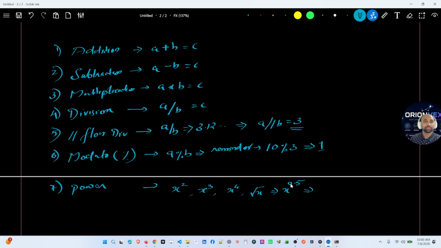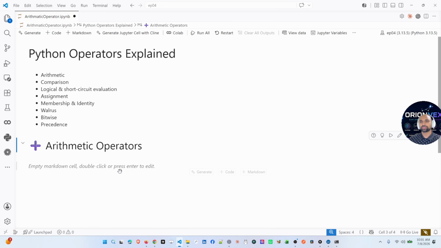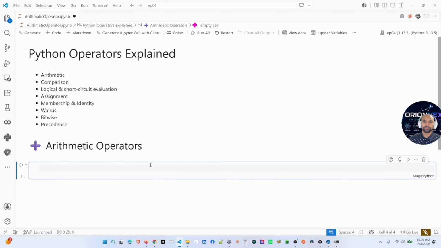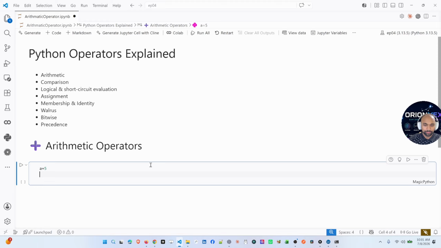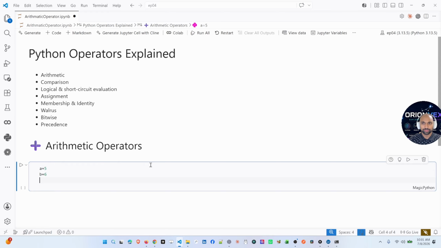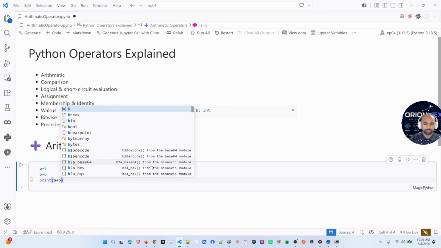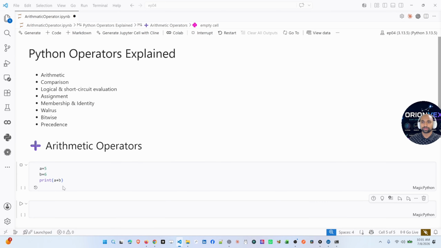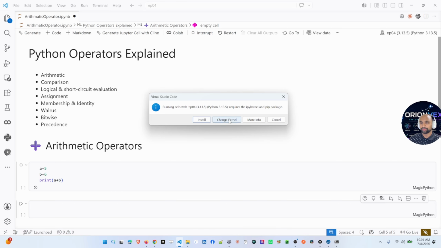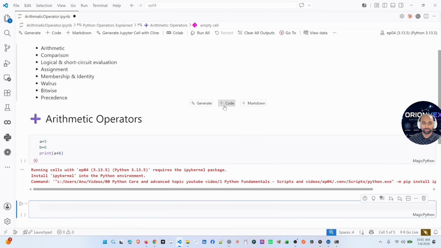Let's go ahead and see all of them in practice using VS Code. That will be easy to understand for each one of them. First, we are going to take the addition. From the VS Code, arithmetic operation: A equal to 5, B equal to 6, print A plus B. Here we will get,